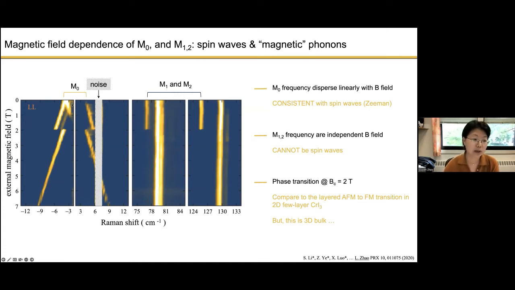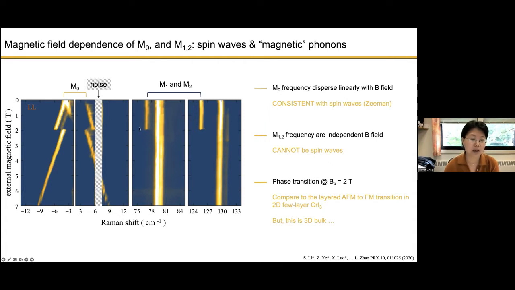For M0, we can see that it disperses as the field increases. This tells us that they are indeed spin waves. For M1 and M2, they disappear above a critical field, but their frequency does not change at all at lower fields when they were present. So we know that M1 and 2 cannot have a spin wave component here because they do not show Zeeman shift. And the third thing is that there is a critical field of 2 Tesla here that we are seeing